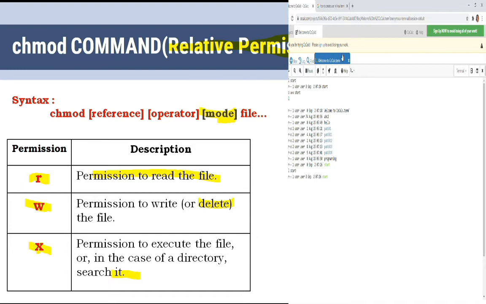Start is there. Okay, so as you can see here, read and write permission has been given initially. Then next I have executed chmod u plus x, which means I have assigned the executable permission to the user, so that we can see here. In the first three fields, read, write and execute permissions are shown.